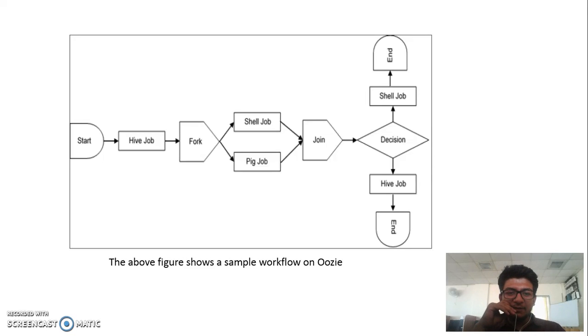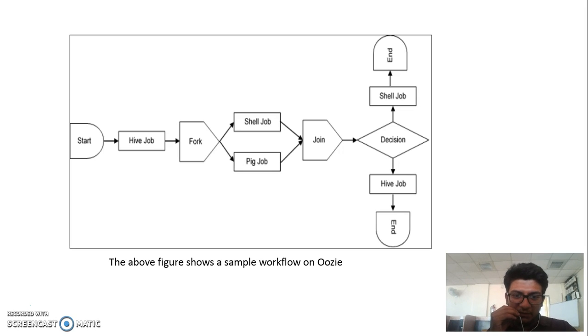So this is a sample workflow where we can see that there are different control flow nodes and action nodes used. To start with, the first node that we encounter is the start node, which is a control flow node. Then comes the hive job, which is an action node. Whenever the start node gives its input, the hive job is executed. Then this hive job gives its output to the fork node,